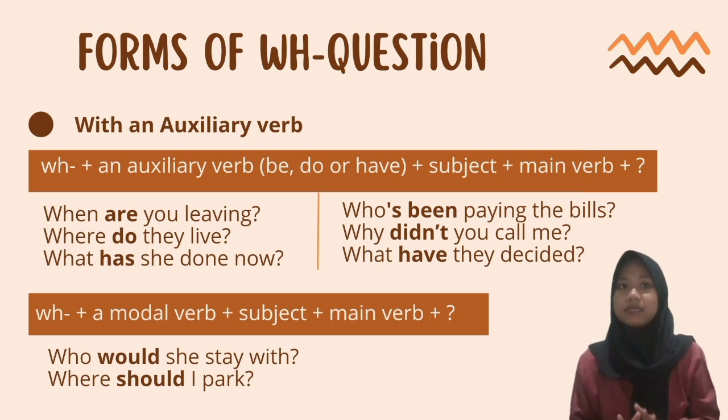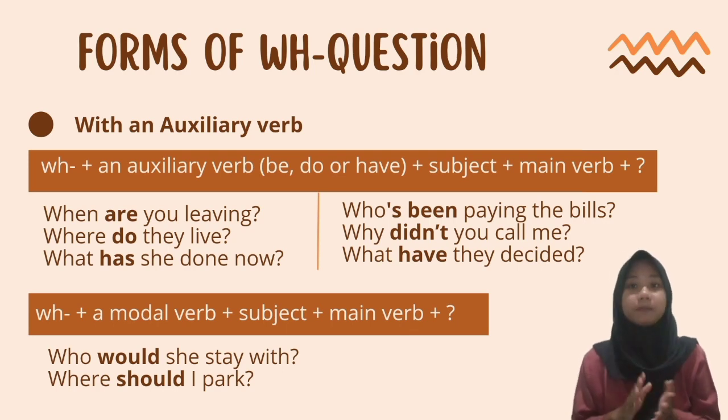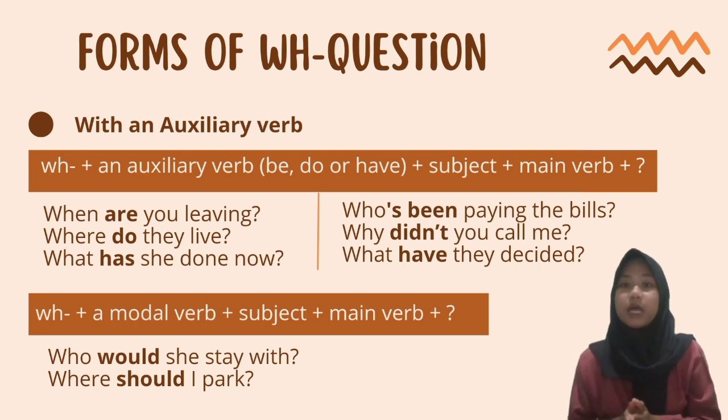The pattern is WH question plus an auxiliary verb plus subject plus main verb plus question mark. Example: when are you leaving? When is a WH question, are is the auxiliary verb, you is the subject, leaving is the main verb,